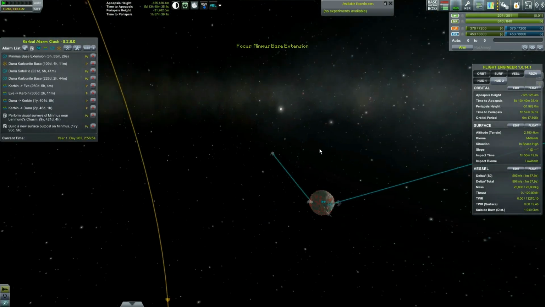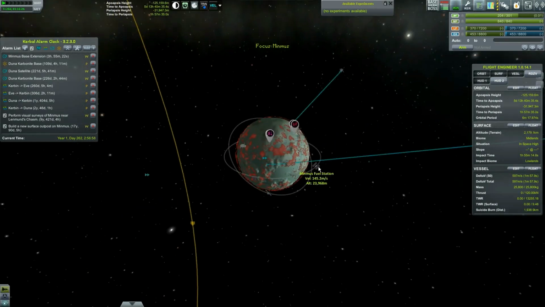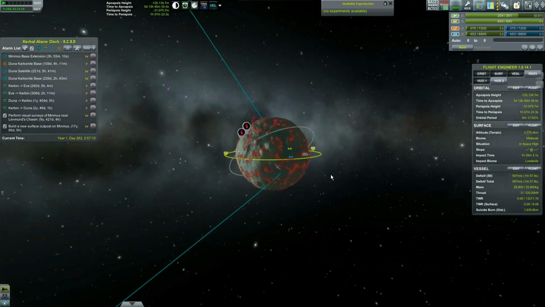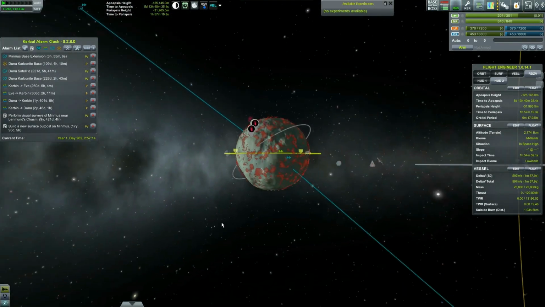But first, we need to get this guy docked with the fuel station, because with 597 meters per second, I don't think I can land this thing from this kind of an orbit. So we're going to set this as our target. Can't really tell what our ascending and descending node is here. Not a big deal, but we want to burn